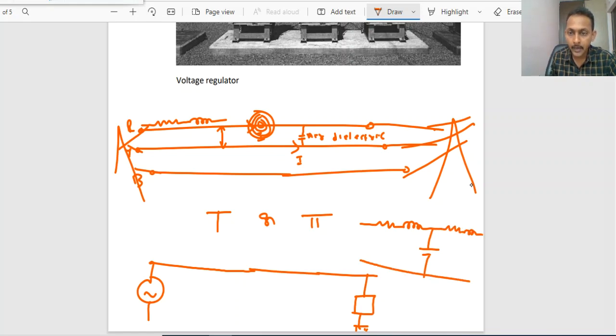It does not mean that there are really resistors, inductors and capacitors in the line. Its effects can be observed. So this is the resistance of the transmission line, inductance of the transmission line, and capacitance of the transmission line, like this. This is the sending end and this is the receiving end. This is in the form of T. For example, if you are using a pi network,